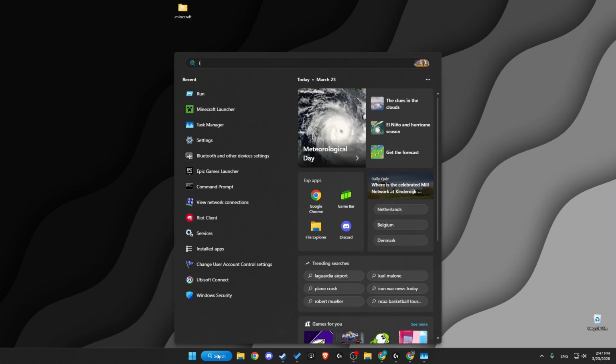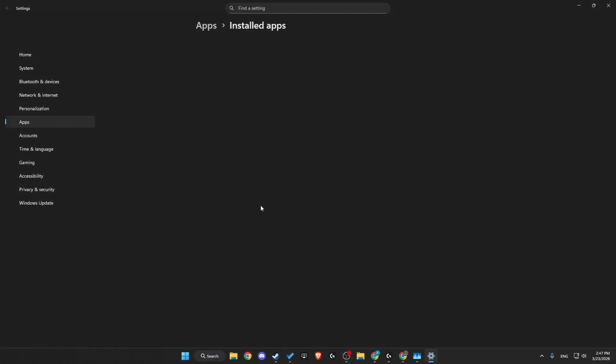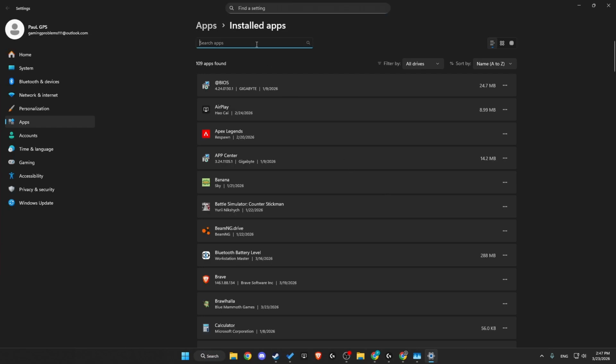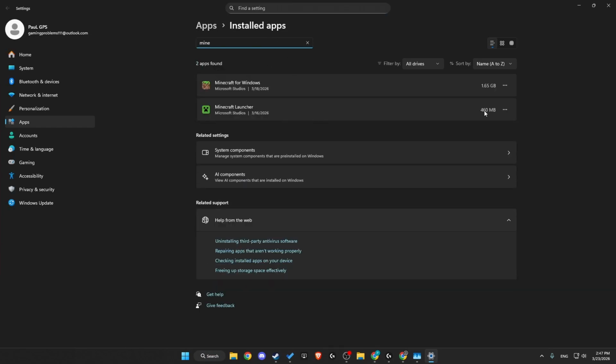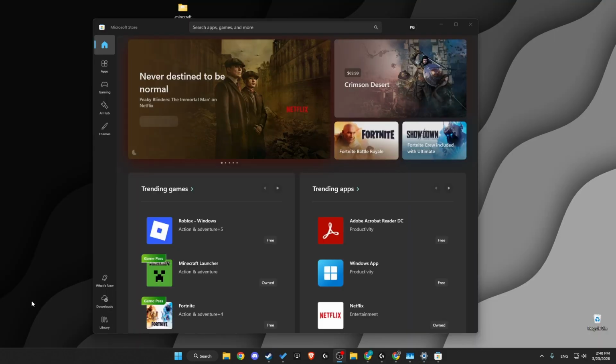Then what you need to do here is to go to installed apps. On installed apps, you need to look for Minecraft Launcher, right? Minecraft Launcher, press uninstall, right? And wait until the uninstallation process is done. Then open up